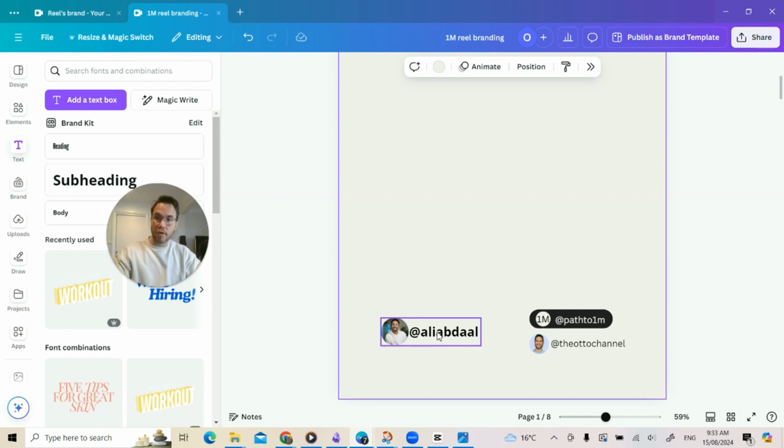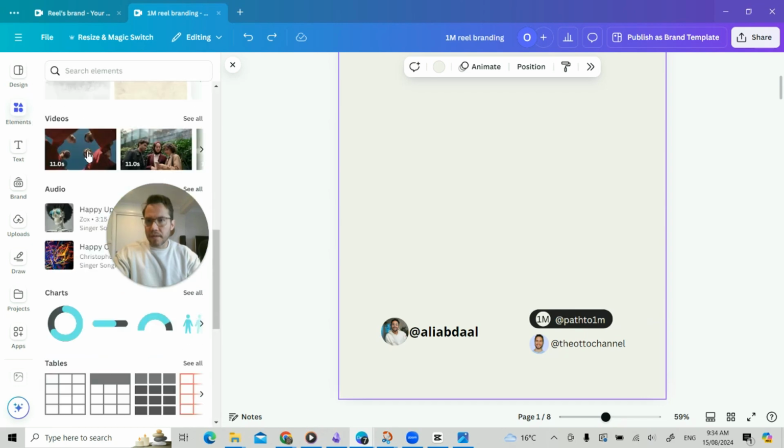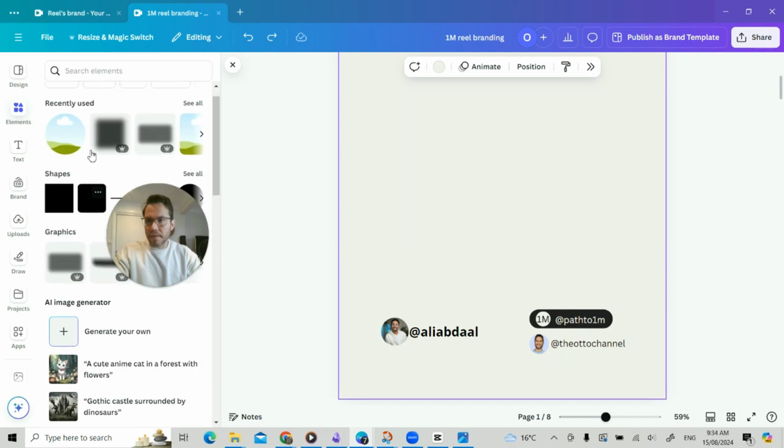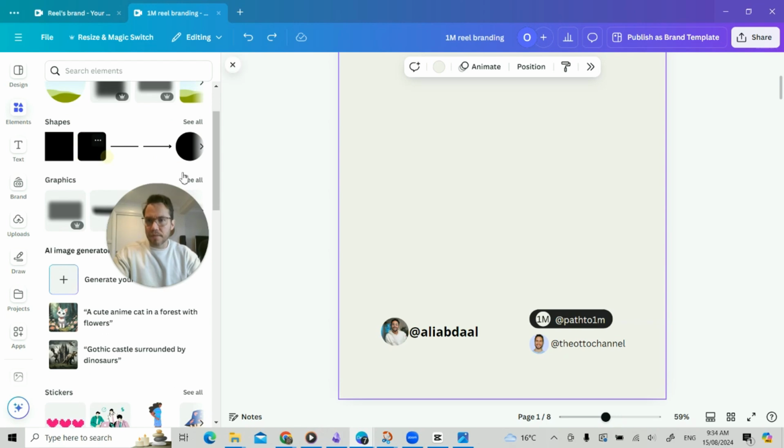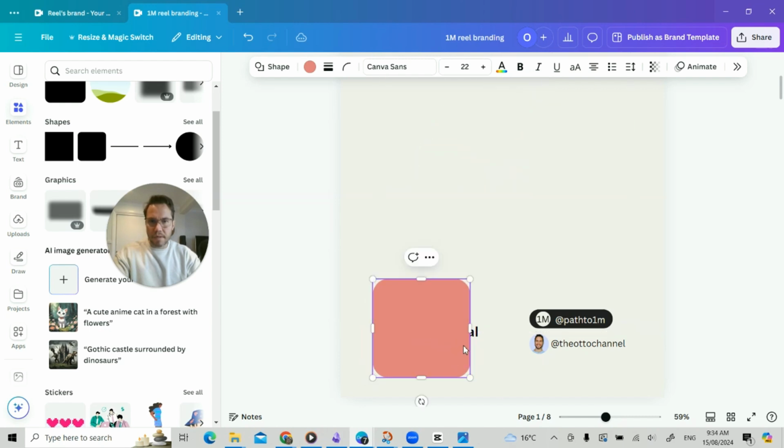So again, it goes to show that you need a quality picture for your Instagram account, and if you want a background like that, it's very simple as well. So I'm just gonna click here and then scroll up, and then you have shapes. Cool. So you have shapes, and you can just drag this to the bottom, and then it's roughly this big,